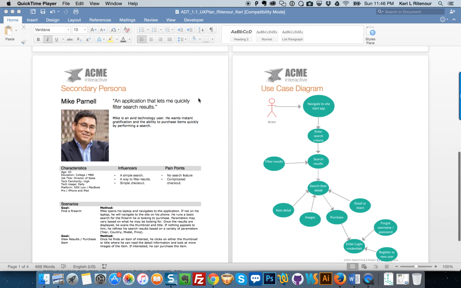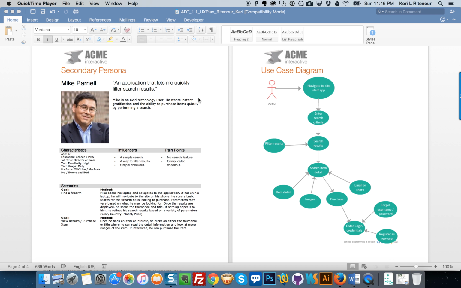My secondary persona is Mike Parnell. He's a 43-year-old director of sales who has an MBA. He's very highly familiar with technology, uses it on a daily basis on his MacBook Pro, his iPhone, and iPad. He's currently using OS X Lion.